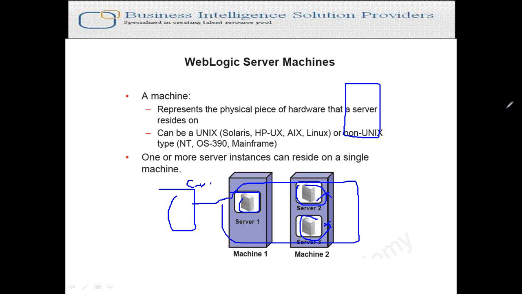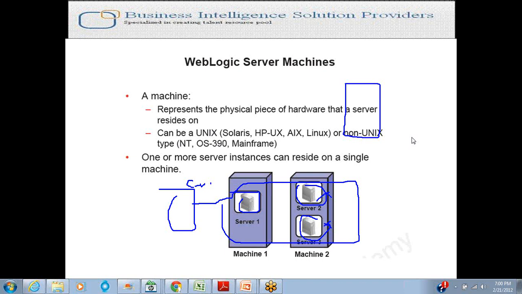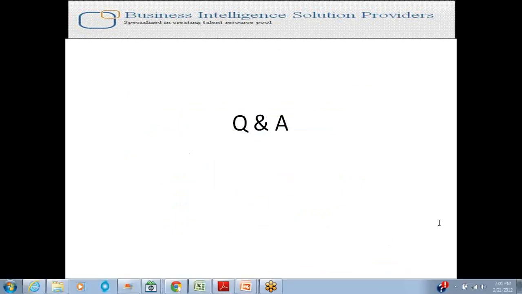JDeveloper is used to provide design and editing, so you have to get it installed on your system. Okay, any questions you have till now? Okay, so Srinivas, I will not move forward for